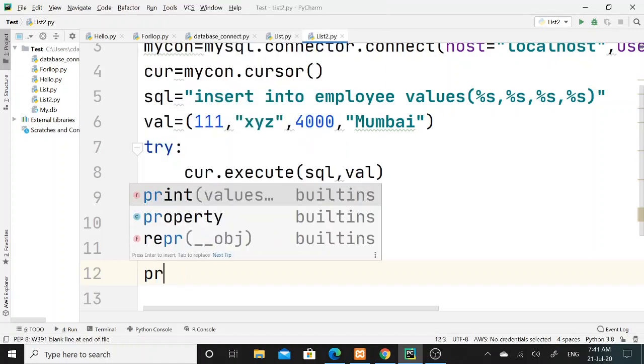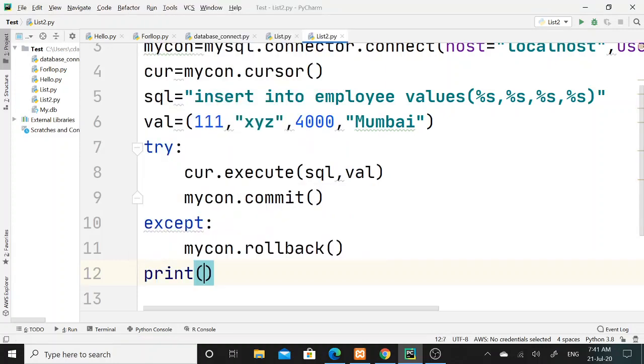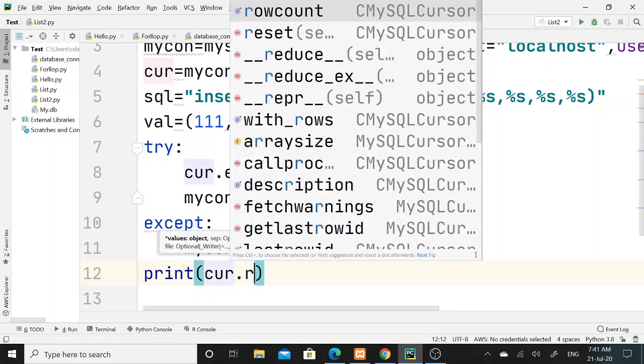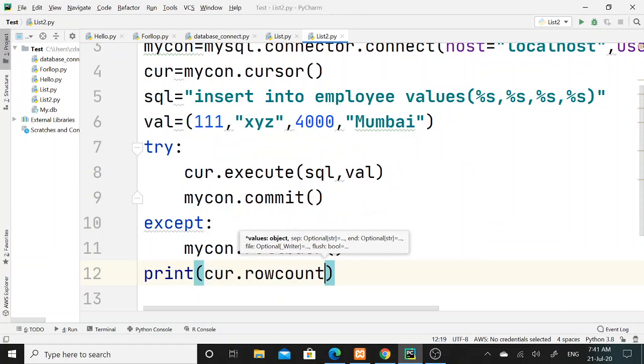Then here I will call the print function, and in the print function I will print the record number. To do that, again I will take the help of the cursor variable and call the rowcount object. This rowcount object returns how many rows I have inserted into the employee table.